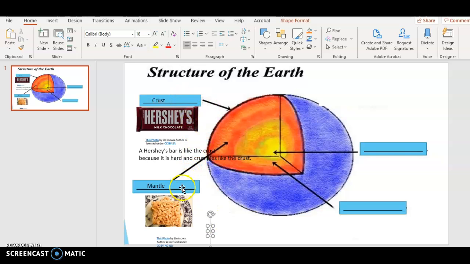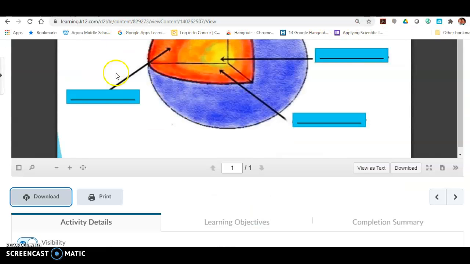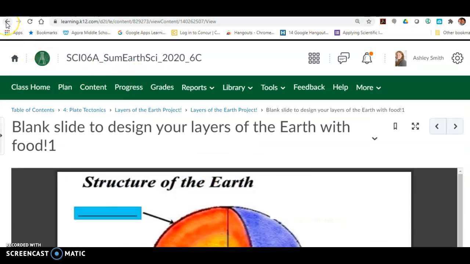Remember, 1 point for each label, 1 point for each picture, 1 point for each complete sentence explaining why. Remember to think about what they're made of in order to have the correct spot. I'm going to go up and hit my save button in the corner so that all my hard work is saved. Okay. Then I'm going to come back over to my announcements page